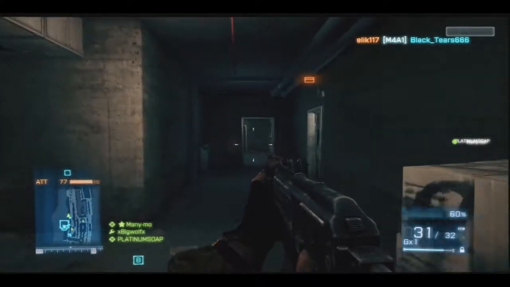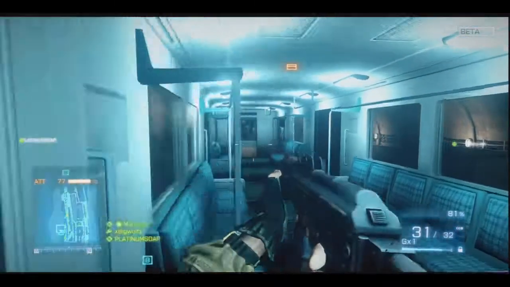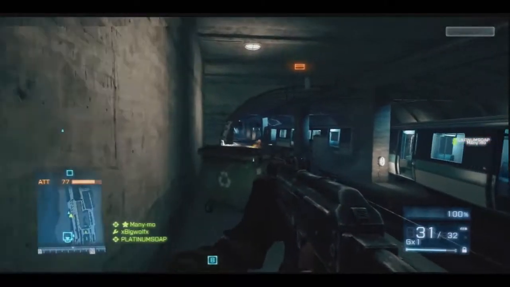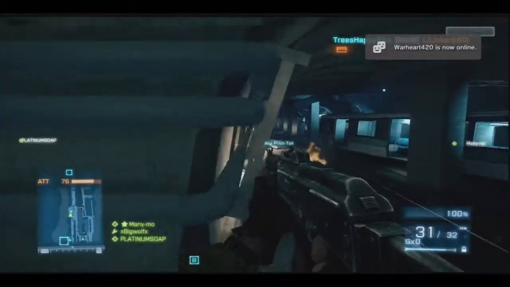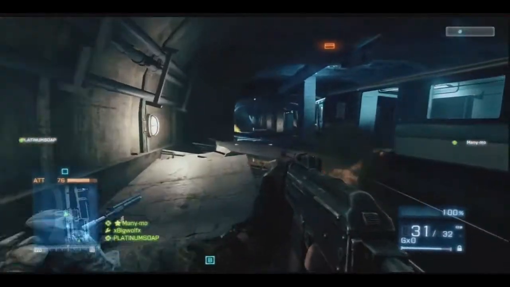Which kind of brings me to another thing, is you end up with a lot of people in this game that want to sit back and take it really slow. And the thing about that is you're going to get flanked all the time if you try and do that. Even in this part of the metro and the subway tunnels themselves, you're going to get flanked so quickly if you sit there and you don't have your corners covered